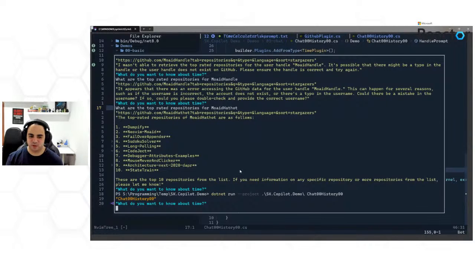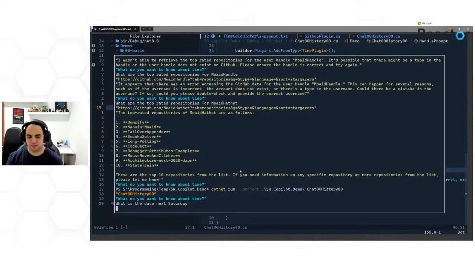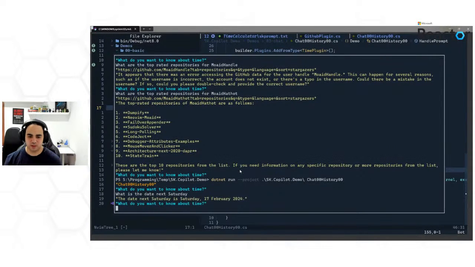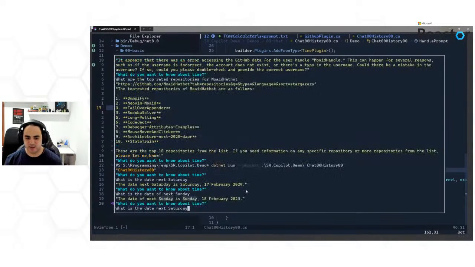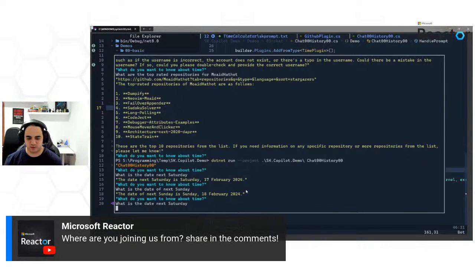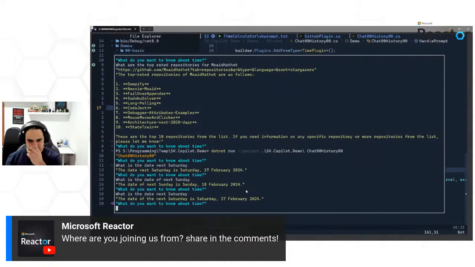I can say, for example, what is the time, or what is the date next Saturday. So it didn't get it right. Let's try it again. What is the date of next Sunday, let's say. Taking its time. Oh, I didn't invoke it actually. Let's try again. Okay, so it's not getting it right, but